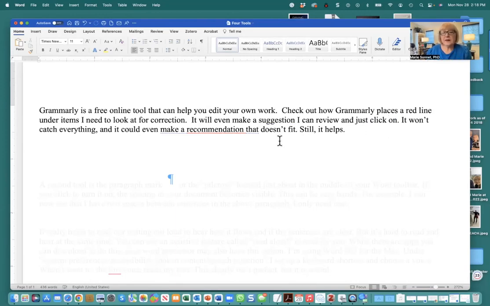So this was pretty cool. It was a very helpful tool, and I suggest getting Grammarly and using that to edit your own work as you write. Now, unfortunately, Grammarly doesn't get everything, and I'm going to show you another tool that will